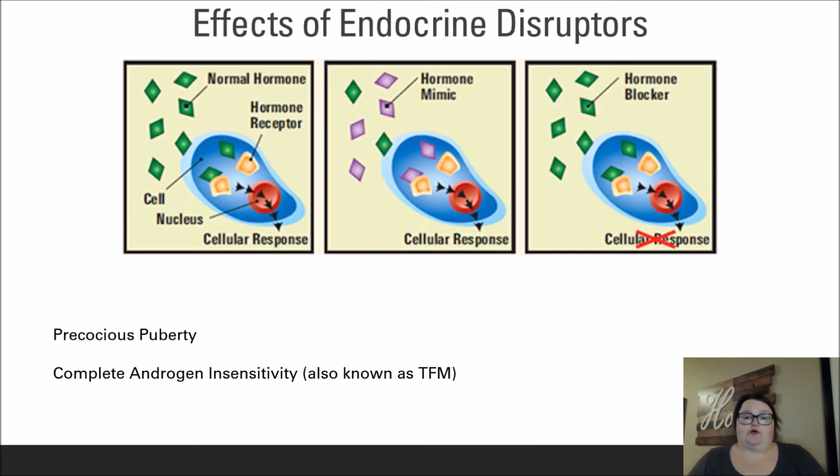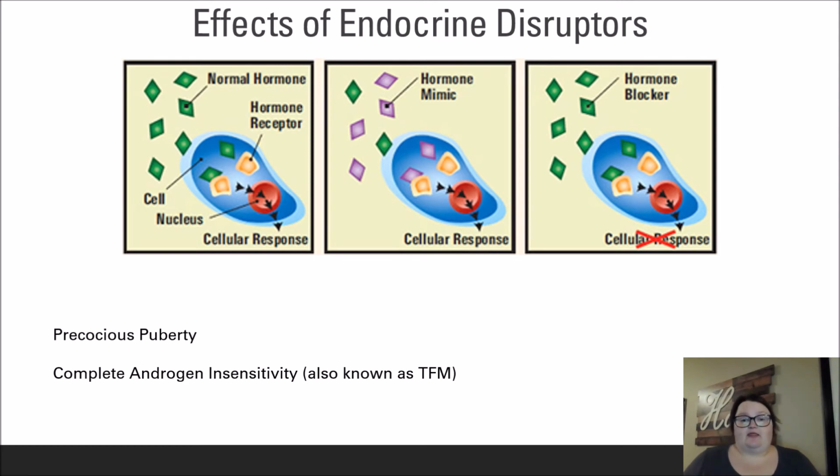Endocrine disruptors work by mimicking or in some way changing the function of a hormone in the body. Most often, the hormones affected are germ cell hormones, such as those coming from the egg and the sperm. However, endocrine disruptors can cause problems in other body systems as well. The diagram here describes how endocrine disruptors function. They can be categorized as either a hormone mimic or a hormone blocker.